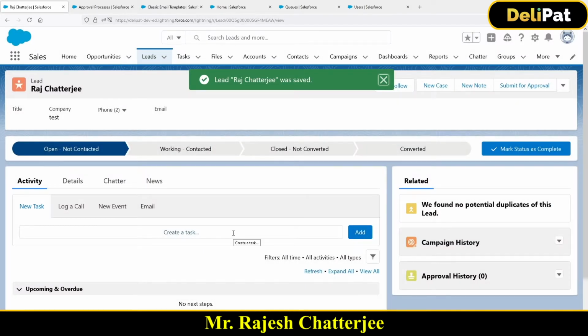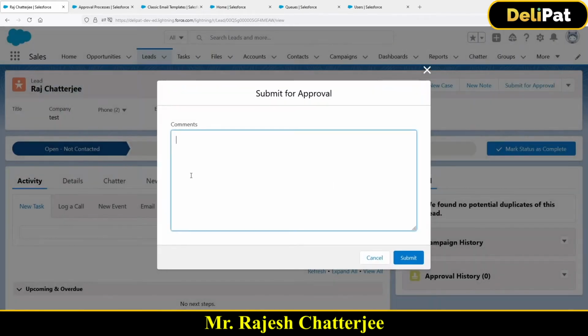Do you think the approval will go automatically once I saved? Definitely not. Because if you remember the 4 radio buttons, we have selected the first one, and the first radio button says let the submitter choose the approvers manually. So this will not go automatically, right? If you would have chosen the second one, automatically assign this to a standard hierarchy, then this approval would have gone automatically. But because you have selected the first radio button, I as the submitter have to go here, click on the submit for approval button,